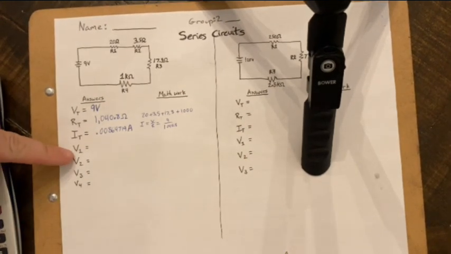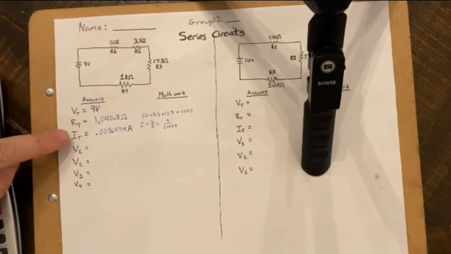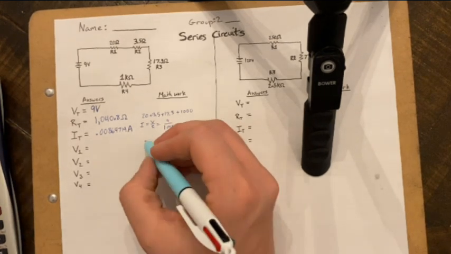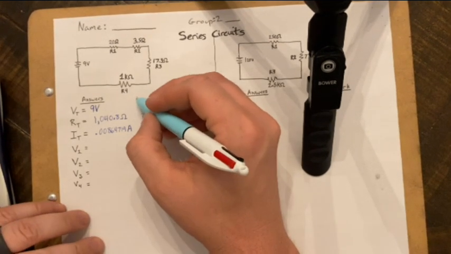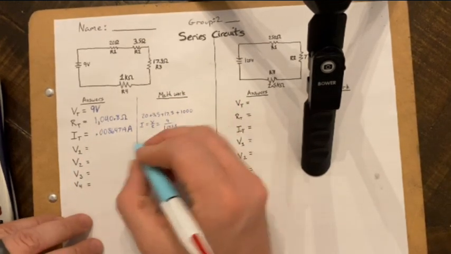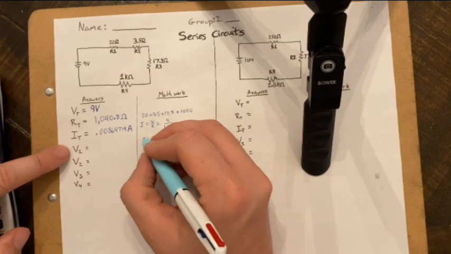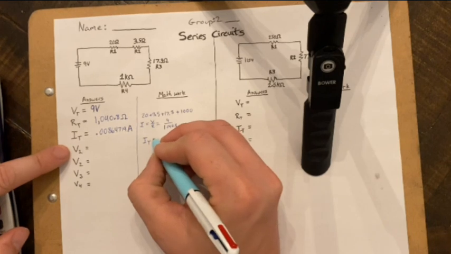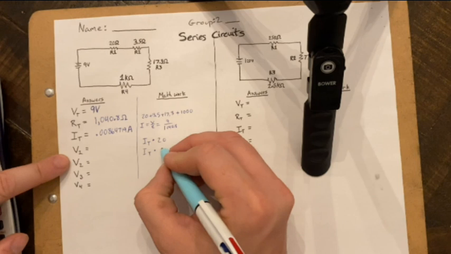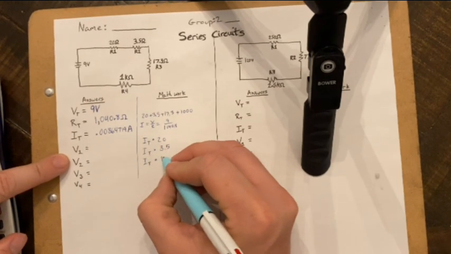Now to calculate the voltage at 1, 2, 3, and 4, voltage is resistance times current. So the current is this value, and I want to keep, by the way, all my math over here and just my answers on the side, so it makes it easy to grade later and get all the numbers later. So I'm going to take my current, I'm just going to call it IT, and it's going to be multiplied by 20, and then by 3.5, by 17.3,